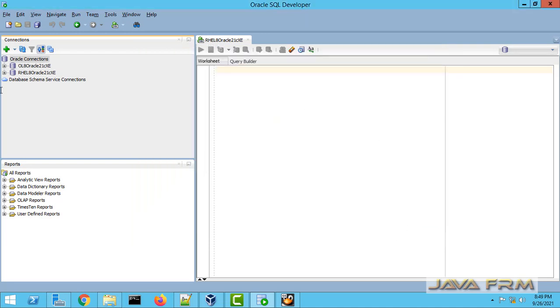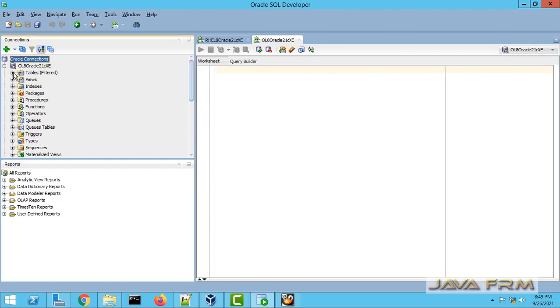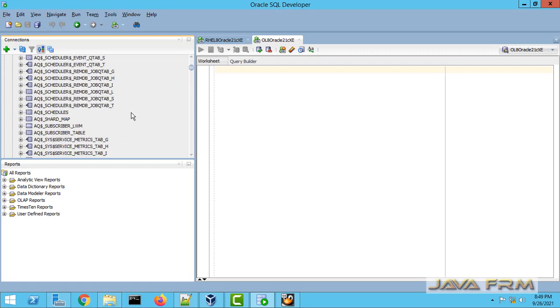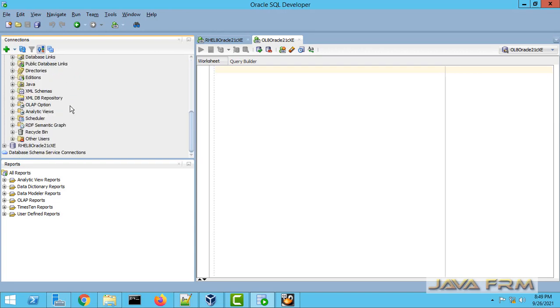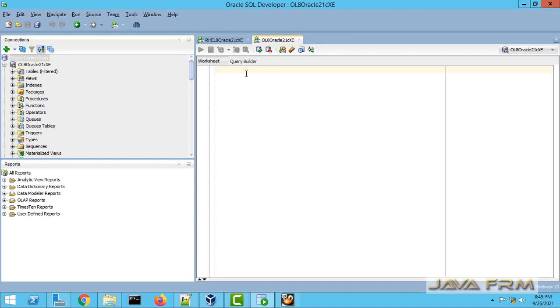So I can connect to Oracle Database 21c Express Edition from outside of the Linux box. SQL Developer is running on Windows, and it is successfully connected. In upcoming videos we are going to see how to create an Oracle user, how to create a pluggable database user, and how to insert records in a table.